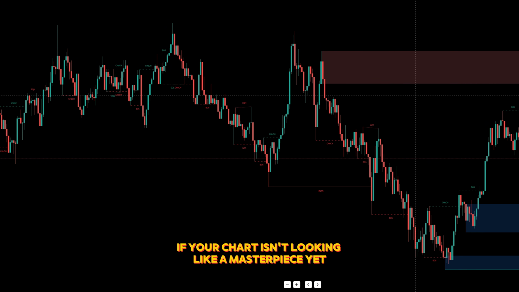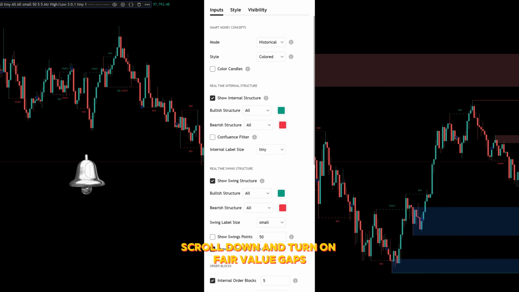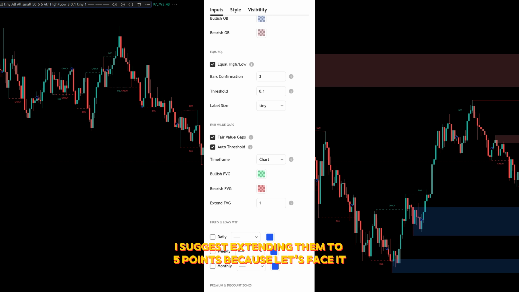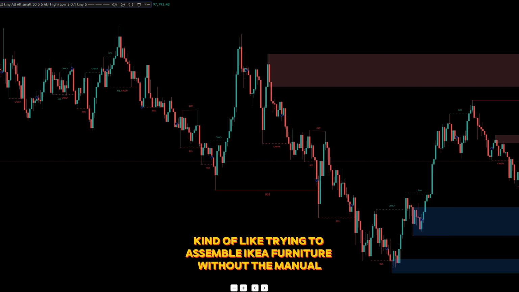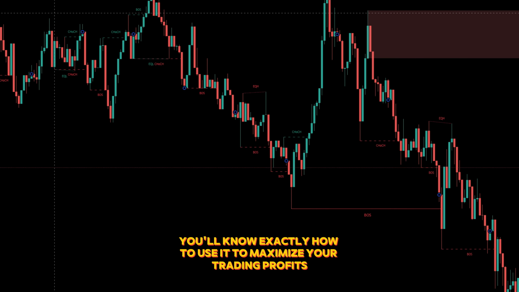If your chart isn't looking like a masterpiece yet, don't panic. Just go to the settings, scroll down, and turn on fair value gaps. Trust me, you want these on. I suggest extending them to 5 points, because let's face it, we all appreciate a little extra breathing room. At first glance, this indicator might seem complicated, kind of like trying to assemble IKEA furniture without the manual. But don't worry, by the end of this video, you'll know exactly how to use it to maximize your trading